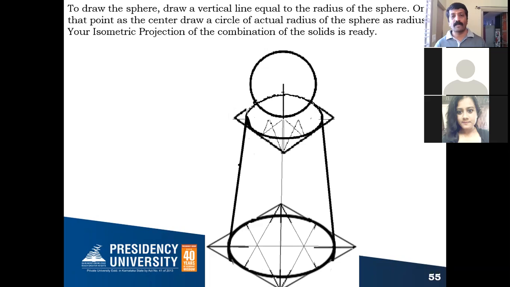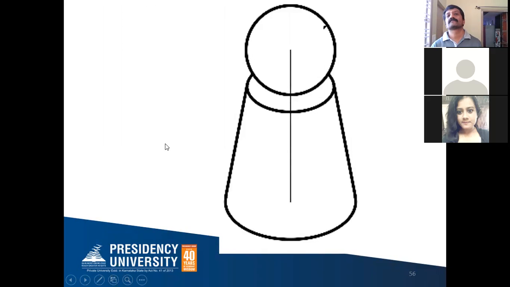Above that, a sphere is placed. At the end, all the construction, including the box, and everything visible in the hidden edges, you can erase at the end. So at the end you can see it like this, wherein I have removed all the construction lines, including your box and center line, everything. Only thing is I have retained the visible edges. Here the base, the half of your ellipse that I cannot see, and here also because the ball is here, this particular portion I cannot see, so I have removed it. So this is how we complete the isometric projection for the frustum of a cone, above which the sphere is placed.